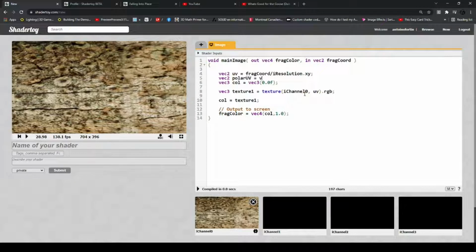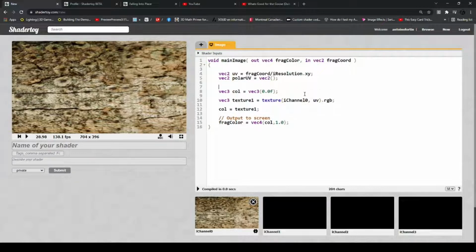To define a polar coordinate from the UV we have defined here, what we have to do is to pass the arctangent of uv.x and uv.y, and we also need to know the length of the UV. So what's the length? It kind of works like that. We pass the length to the UV, and now I'm going to show you the polar UV